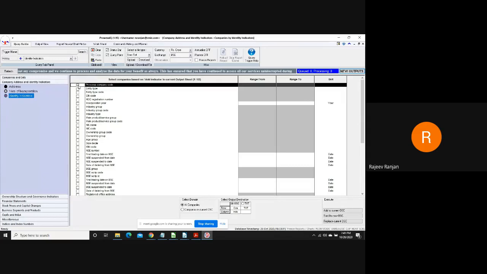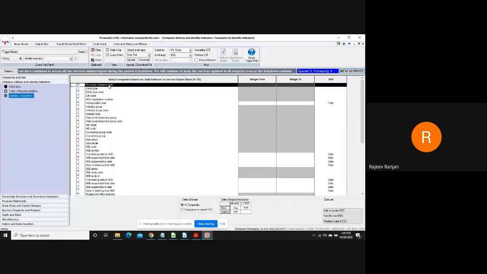So it should always be part of your study, because whenever you want to redo your study or refresh your study, you can always import these companies using Prowess company code, which is unique. You also have an option to import the company name from an Excel file. But what if the company name has undergone change? You would not get that company, but the unique code remains the same.